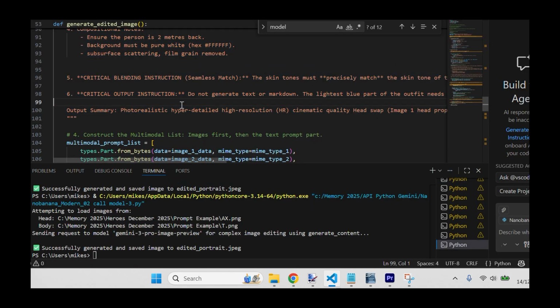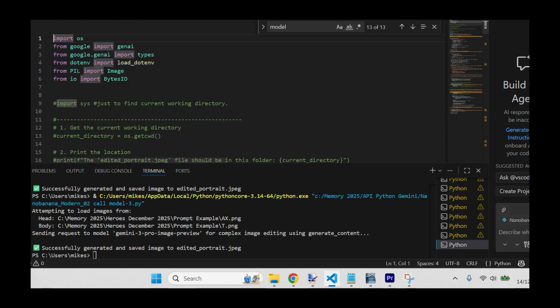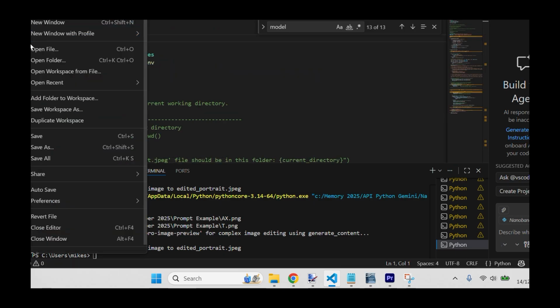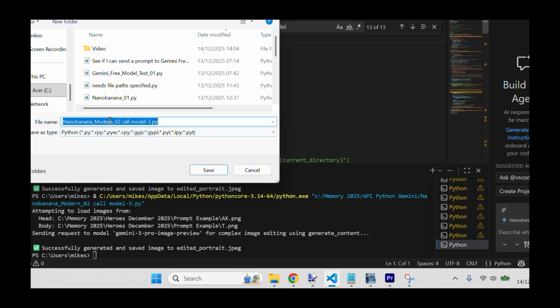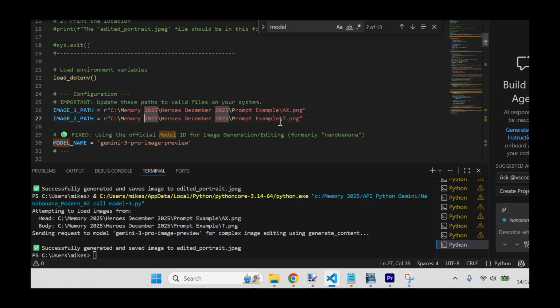Paste it into here. Save program as 2K. And I'm actually doing another experiment. I'm passing in body A, which I think is a female body,